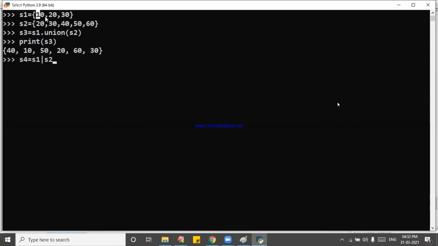10 is there. 10 is a 1 and it is not there here. What is that? That is 0. 10 is selected or not selected? OR operator, come on, selected. That is called 10 is coming here. I will show you. Next, 20 is 1. Here also 1 is there. No problem. Selected or not? Selected. Selected or not? Selected.